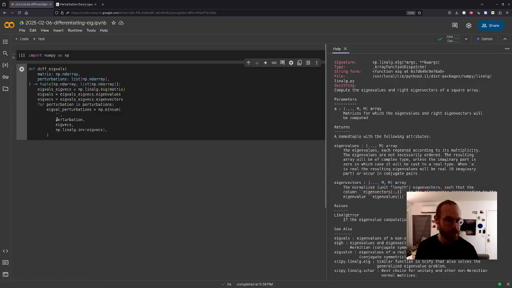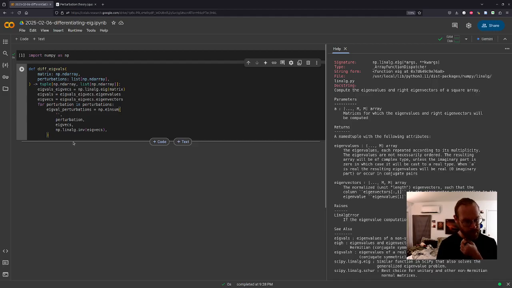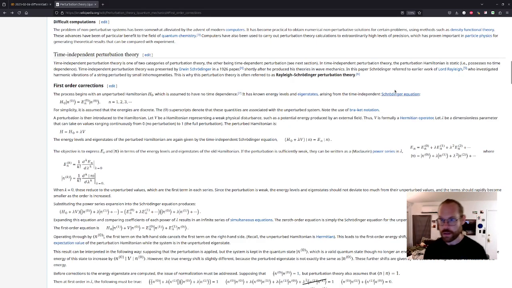So my perturbation we'll label it JK. And what we really want, we have this expression here, and we'd like to give ourselves a one-dimensional array of these perturbations.